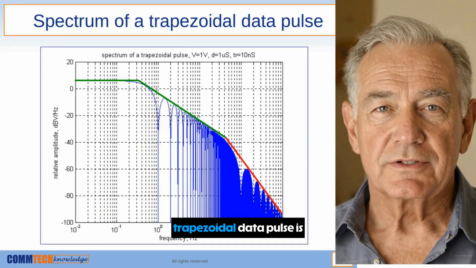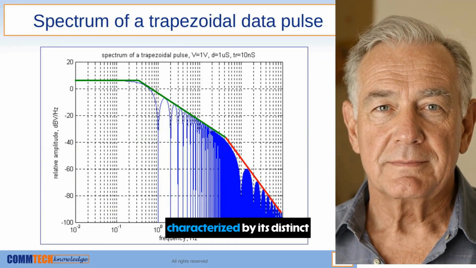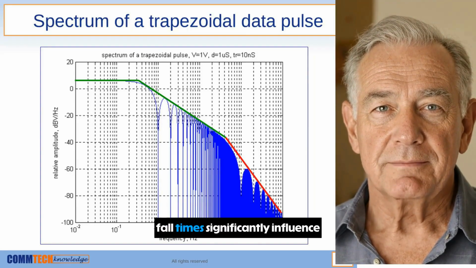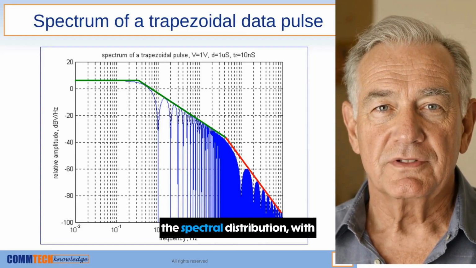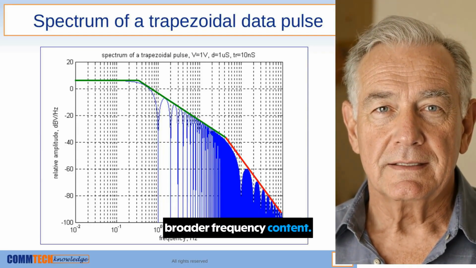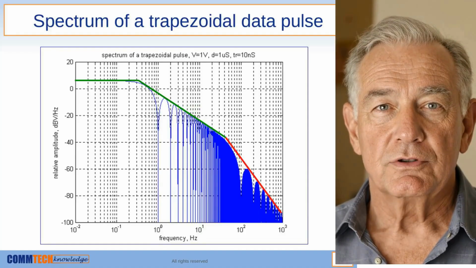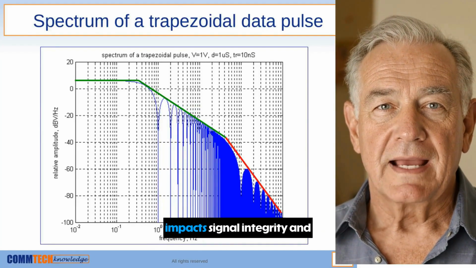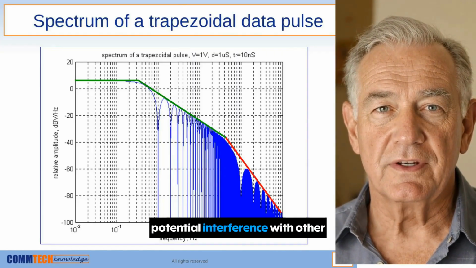The spectrum of a trapezoidal data pulse is characterized by its distinct frequency components. The pulse's rise and fall times significantly influence the spectral distribution, with sharper transitions leading to broader frequency content. Understanding this spectrum is crucial for effective electromagnetic compatibility analysis, as it impacts signal integrity and potential interference with other